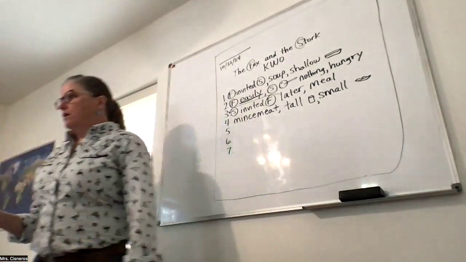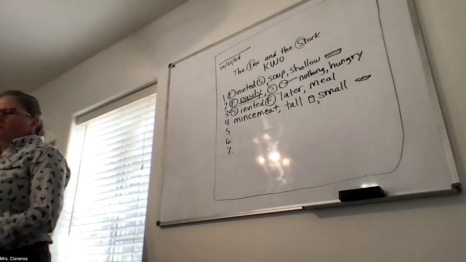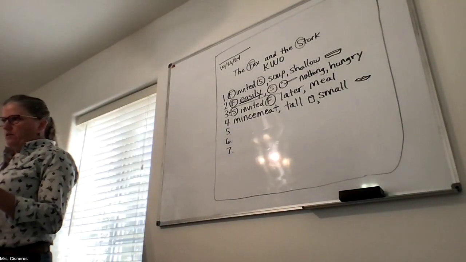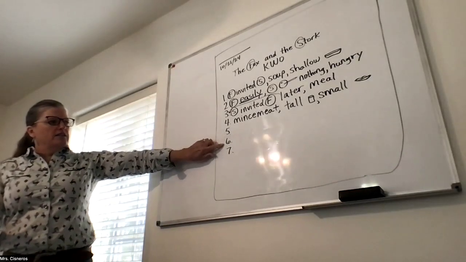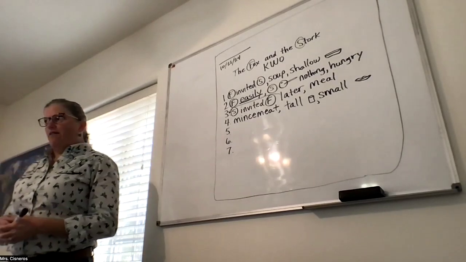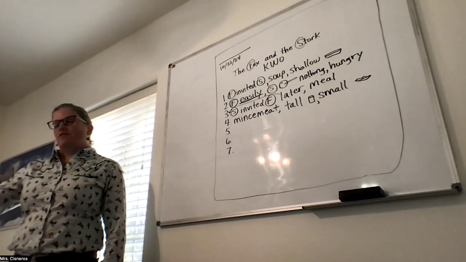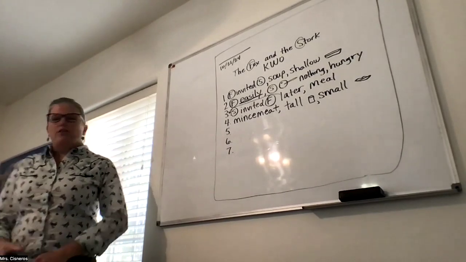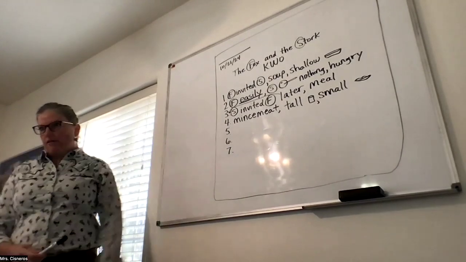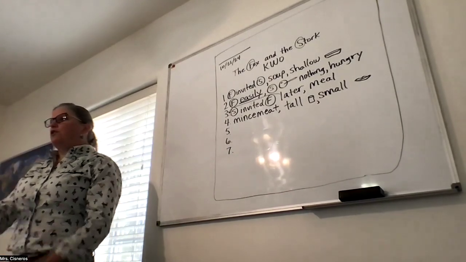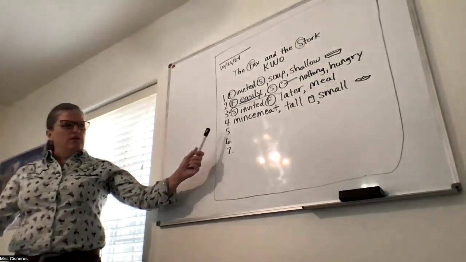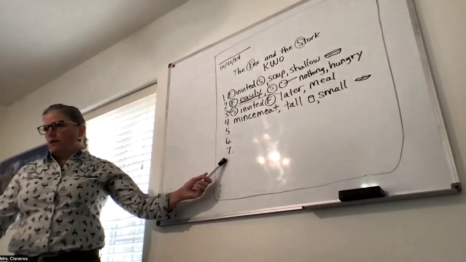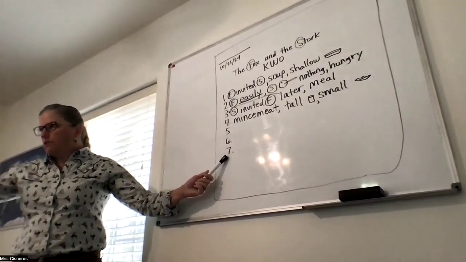Good. Good job. Okay, so here's what you guys are going to do for homework this week. Did you get it? You're going to do 5, 6, and 7 by yourself. You guys got this. You can do this. And you're going to write your paragraph. So you have 2 parts to your homework. You're going to finish sentence number 5, number 6, and number 7 by yourself, underlining and circling and putting in